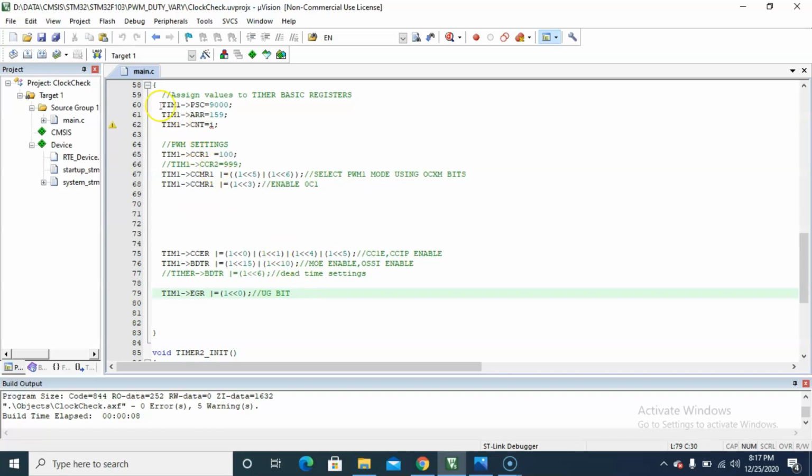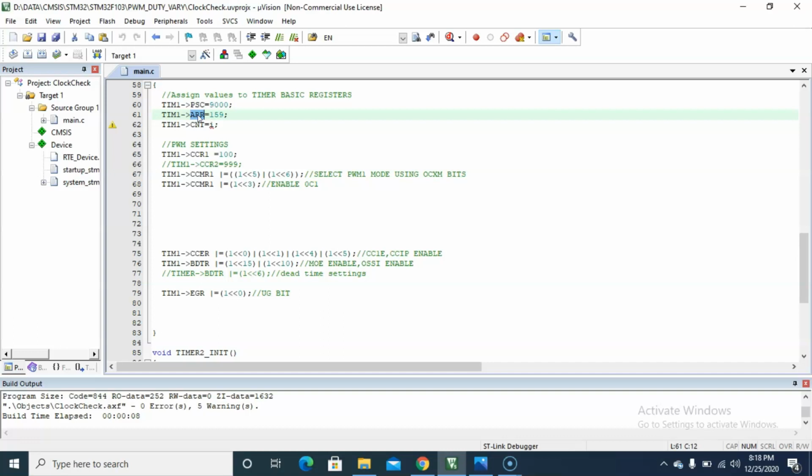So first we have to assign the basic registers with the values we have set before: prescaler, ARR and count register. Count register is assigned a variable value, that is I, and for PWM settings I am setting the CCR1 register value to 100. CCR1 is used for duty cycle settings. ARR is used for the period.